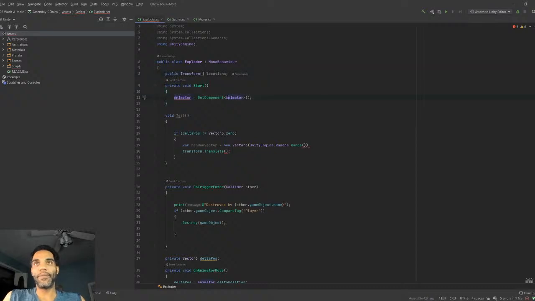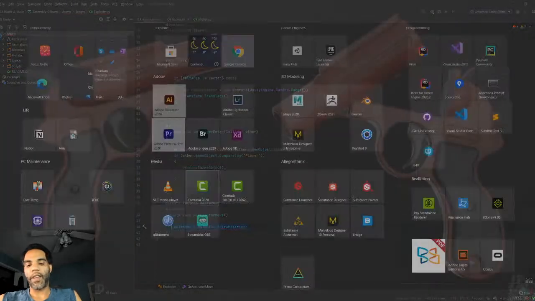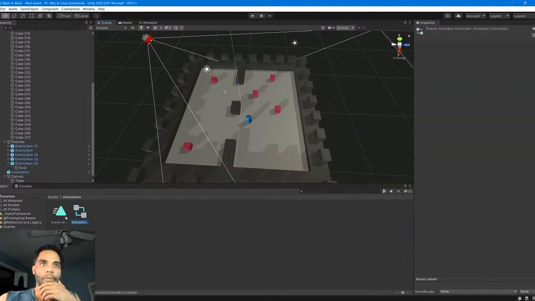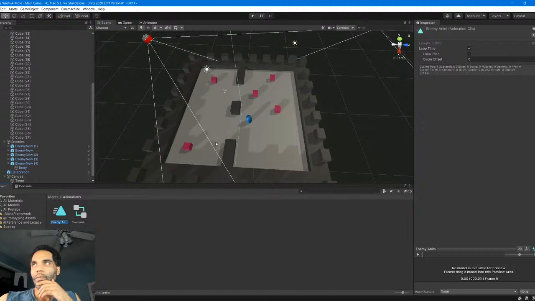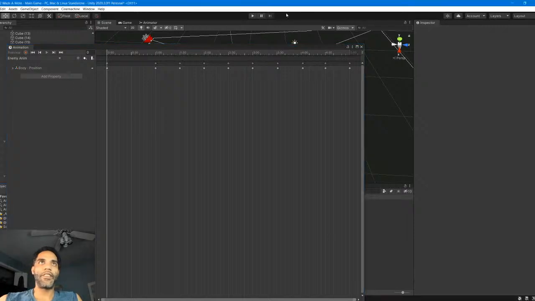Locations. And then we have to get when they dip below... I mean, we can get an animation event when the